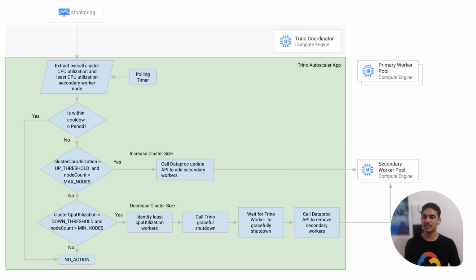Then it makes a decision whether there was a rescaling done in the near past. So every rescaling will trigger a cooldown window, which is needed for the cluster to stabilize. So if it is within a cooldown period, no action will be taken. If it is not within the cooldown period, it will check whether the CPU utilization is between the upper threshold and the lower threshold. And if it is not, let's say the CPU utilization is above the upper threshold and